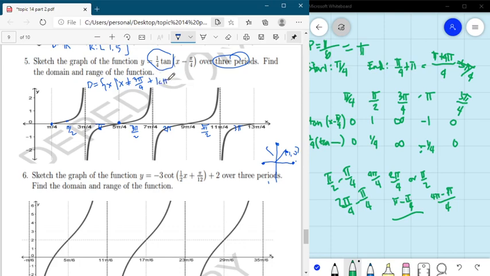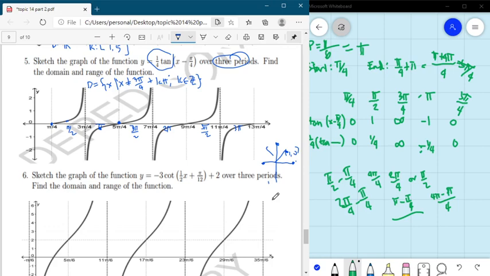K pi, wherein your k is any integer. Okay? So, each 3 pi over 4 plus k pi, so 3 pi over 4 plus pi is 7 pi over 4, plus pi is 11 pi over 4, plus pi is 13 pi over 4 and so on. So, x is not equal to those because it will make